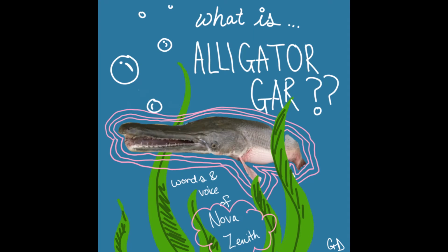Even more interesting, the alligator gar is a prehistoric fish with fossils of direct ancestors found from over 140 million years ago. Yet another interesting feature of the alligator gar is its air bladder that can function as a lung, allowing the gar to survive on land for a short time. Its vertebrae are a ball and socket type joint, common in amphibians and reptiles,